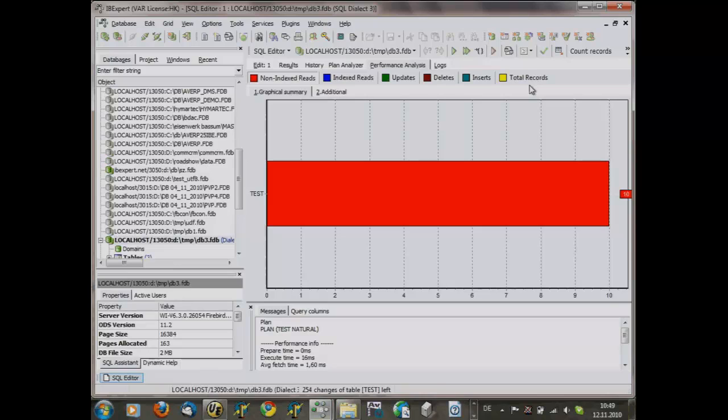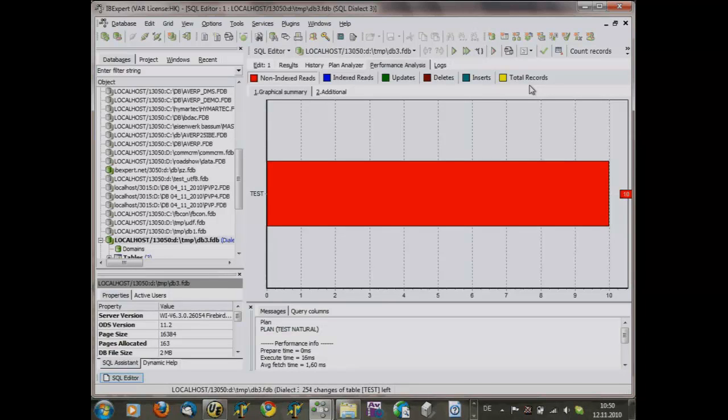And when you are working on a customer computer and you want to find out how to improve the performance of the customer's database, we have a lot of helpful tools inside to find out what might be the reason for really slow operations.